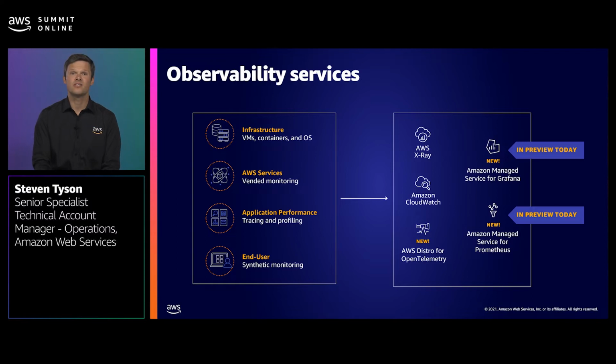Finally, we have Amazon Managed Service for Grafana and Amazon Managed Service for Prometheus. Prometheus and Grafana are tools you can use to collect and graph metrics and have been very popular with containerized workloads for some time. Traditionally, companies had to host these services themselves. However, these are now managed service offerings in AWS, meaning you can start using the service without provisioning or configuring your own infrastructure. There is more functionality, and lots of it will be shown in the demo, but this gives you an idea of what is possible with these services.